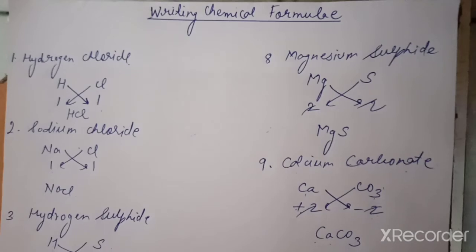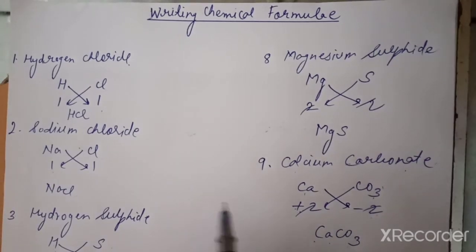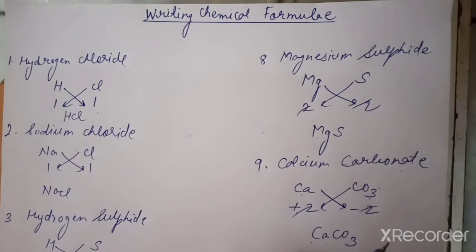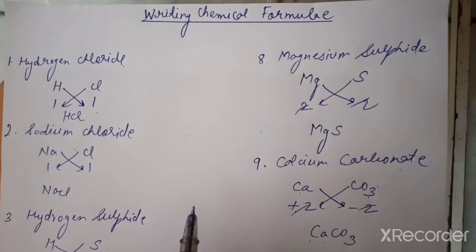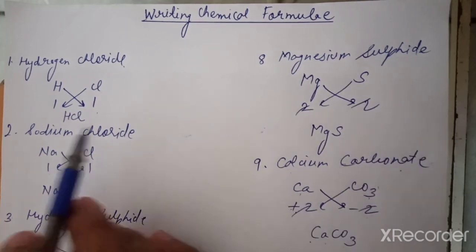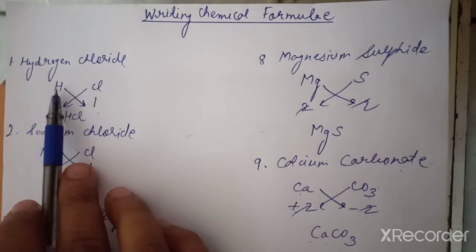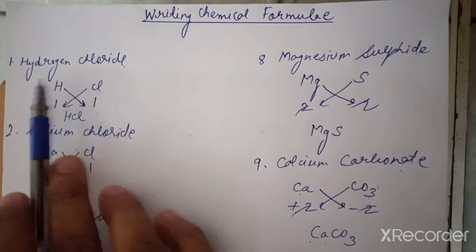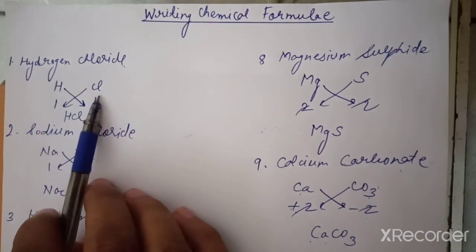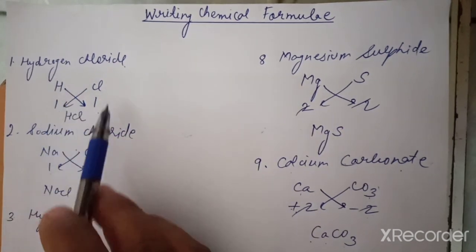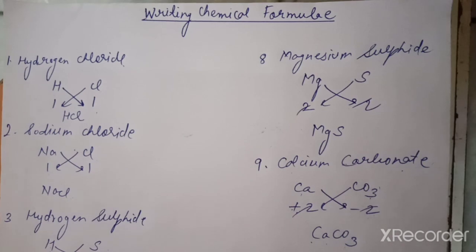So all the chemical formulas you should know how to write properly, and for that the important thing is to remember the valency. If you know the valency, you can easily write the formula. And the periodic table, you have to learn 1 to 20, all the symbols must be learned, so that all the chemical formulas would be easy to write. Okay, so here we have discussed how to write the chemical formula. What we are doing: first we are writing the symbol, like hydrogen first, then chlorine second, Cl. Then the next thing we have to do is write the valency below it, and with the help of the crisscross method they will be exchanged and we'll get the chemical formula.